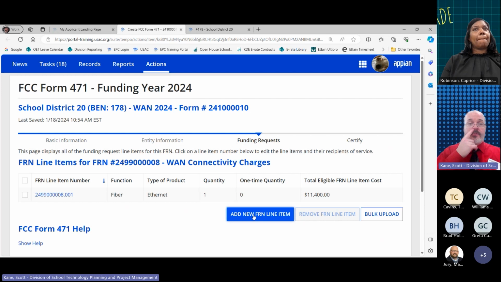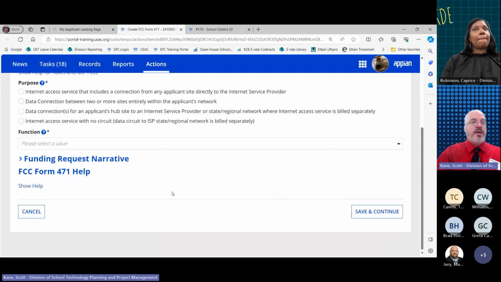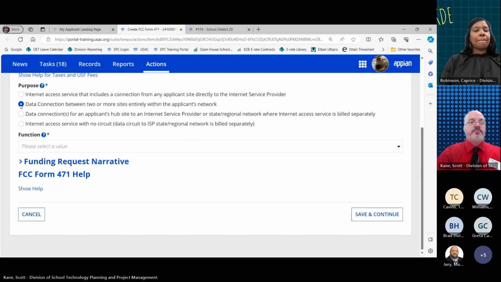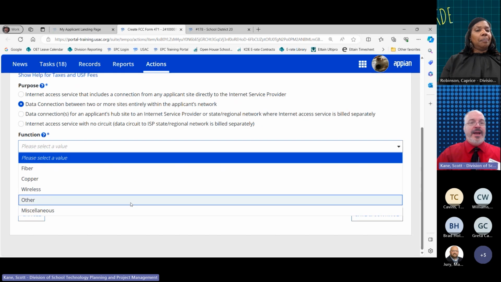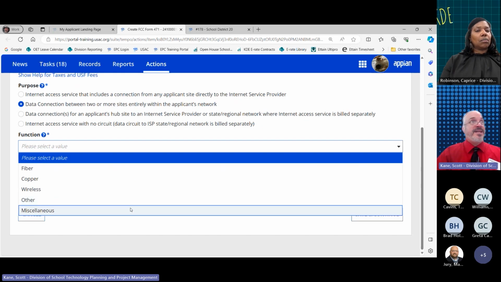The only other thing I do want to mention here in this process is that you do need to separate out your taxes and fees if they are billed as such. If they are billed separated out on your bill, then you'll need to set up separate line items for the taxes and fees. If they are all bunched into one and there's no way for you to tell what's taxes and fees and what's not, then you don't need to do that. You just put that in together as part of the line cost.